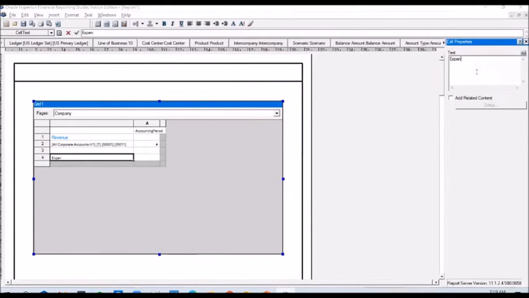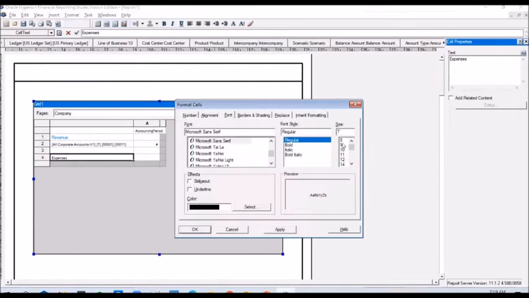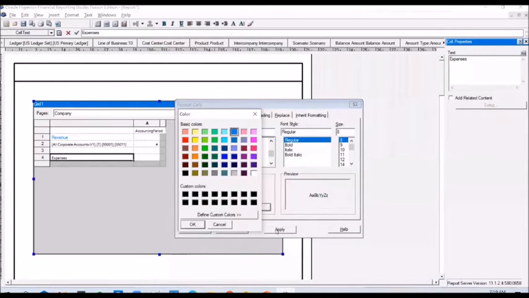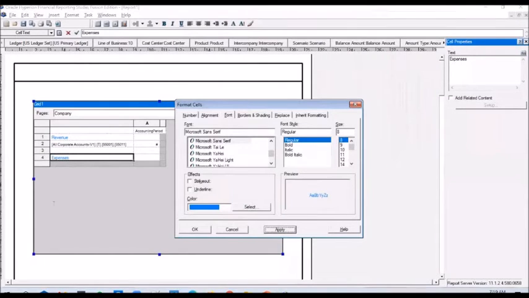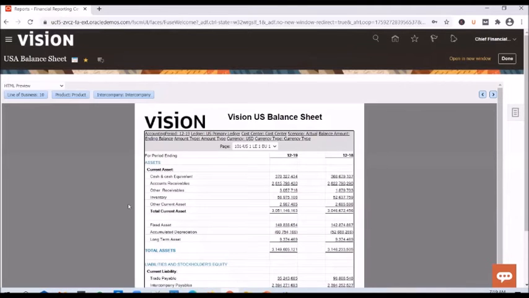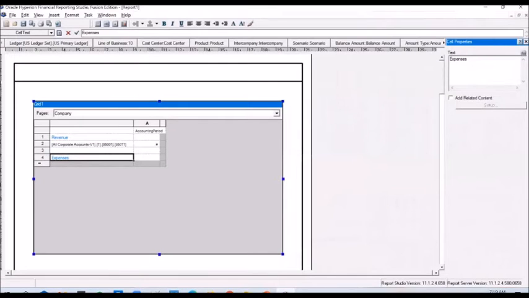So you call this Expenses. And you can format this as well. And then do a right click.